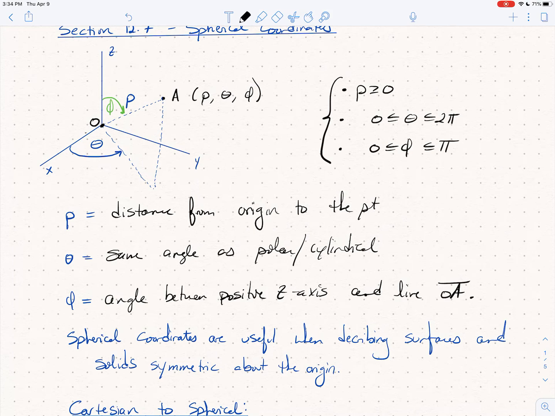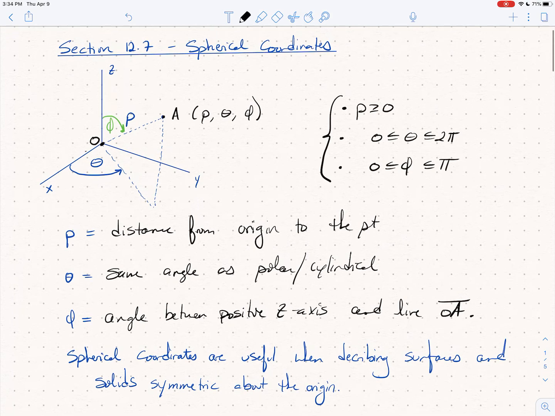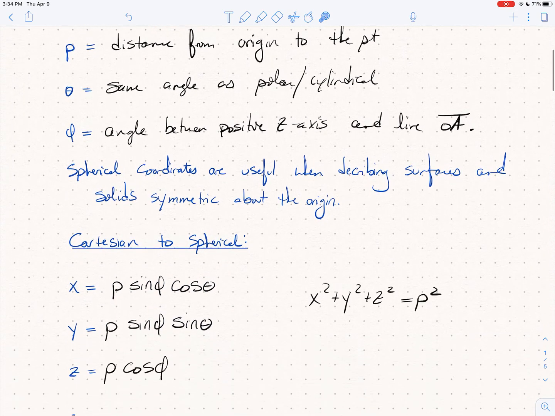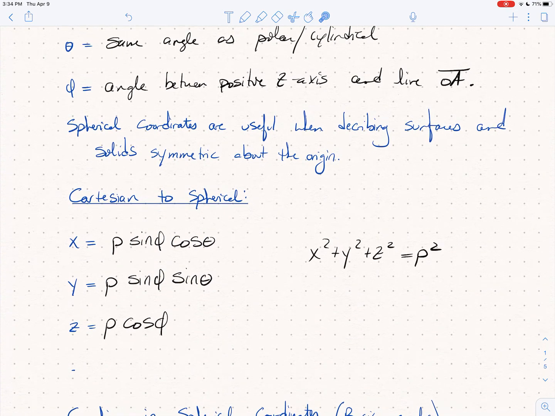All right, I think we've got everything, a little out of order there, sorry. So we've introduced the system, we've talked about how it works, we've made clear the bounds, the restrictions on rho, theta, and phi, and then we've also jotted down how you can convert from Cartesian to spherical. So let's stop this video here. And in the next video, we'll practice just a couple of really basic graphs in spherical, and then we'll learn how we can set up triple integrals in spherical coordinates and use this to make our